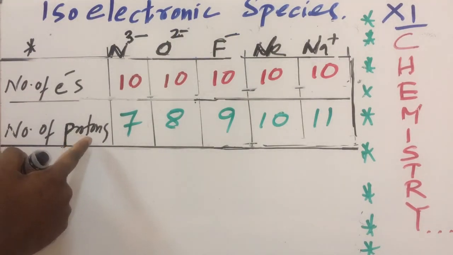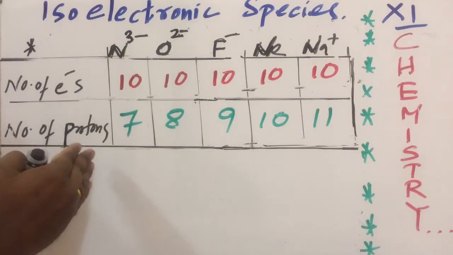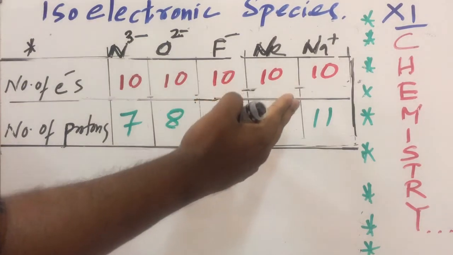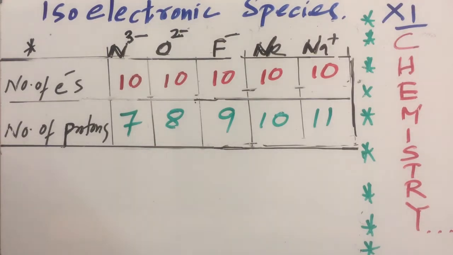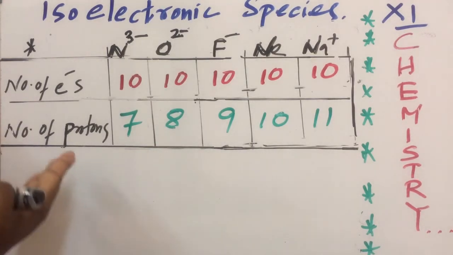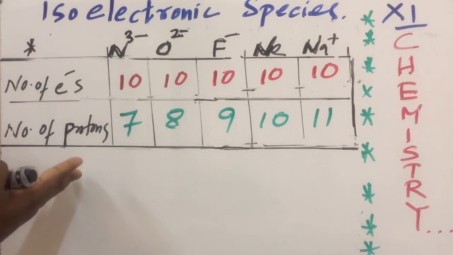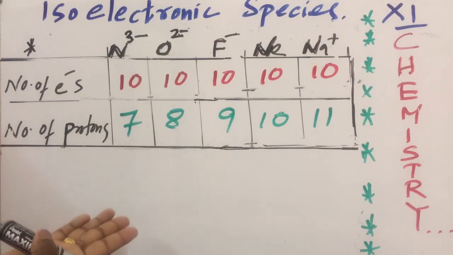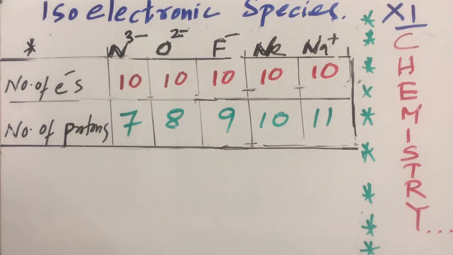What is the connection between nuclear charge and proton? Protons are present inside the nucleus. So the number of protons is equal to the nuclear charge. Sodium contains 11 protons. So what is the nuclear charge? 11. So the charge of the nucleus is equal to the charge of the proton, because the only charged particle present inside the nucleus is the proton. Clear?